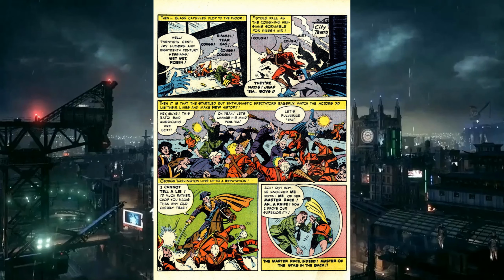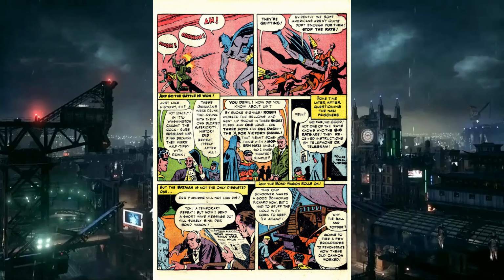But one of the Germans got a knife and he's about to stab Robin in the back, but Batman throws a gun at him. Batman used the gun. Yes, he does. He literally uses a gun. He tackles one of the disguised Hessians. And just like history, they defeated the Hessians. I mean, not exactly, but,